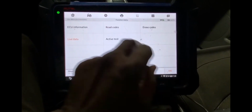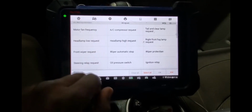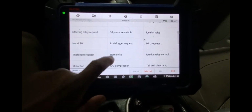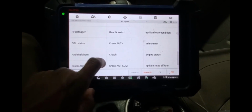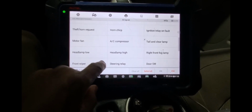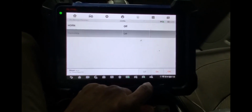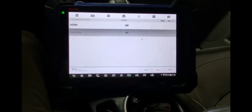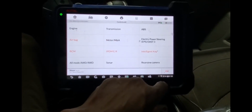Okay. Let me see, active test, horn. You see, this is the horn. Motor fan, headlamp switch, front wiper, steering, ignition relay, wiper, right front. Okay, horn. Let me see. On, off, on. That means the horn is working. You hear? Okay. You know the horn is working. So that comes to that horn. So your problem is